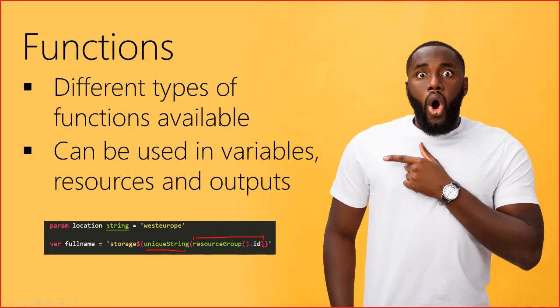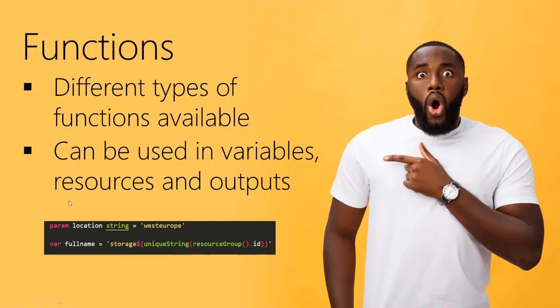So the result of this variable calculation will be storage, and then, for instance, 1, 2, 3, 4, 5, 6. And whenever I deploy that code to the same resource group, 1, 2, 3, 4, 5, 6 will always be the same. However, if I deploy this to another resource group, the value or the result of the unique string will be different, because the resource group ID will obviously be different, right? So these functions can really make your life easier,